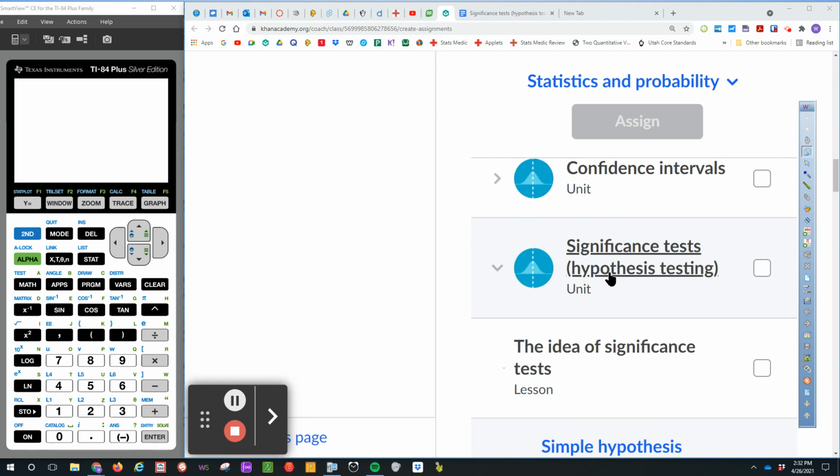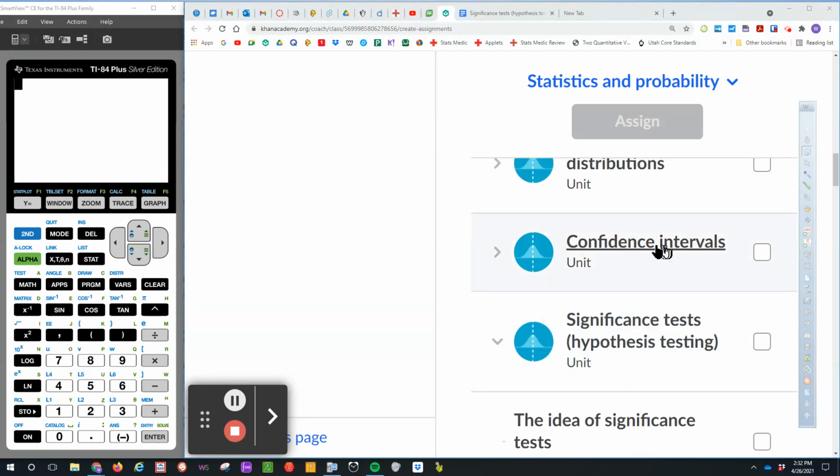So today we're going to start a new unit. It's Unit 12 on significance tests. Unit 11 was on confidence intervals. Those two units are actually what we call inference, where we use it to estimate the true population proportion or true population